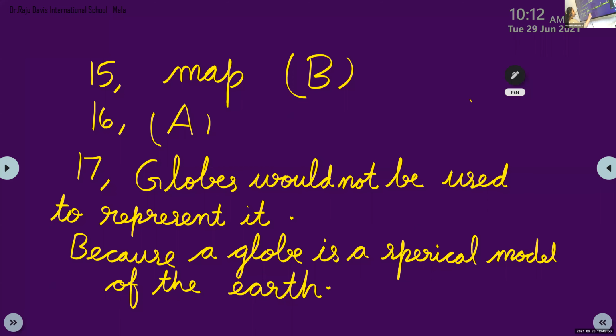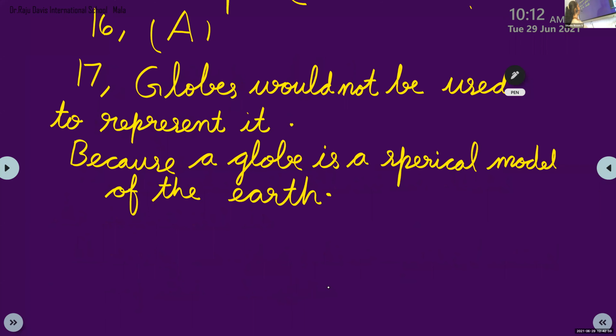Any difficulty to understand the answer? Children, the first term exam will be there. You have to learn by heart all the sentences, the question answers. So if there is any confusion, you can ask me on time in the class. So the question is, if the earth was flat, just imagine our earth was flat, which representation of earth would not be used? We know that we represent the earth in two different ways, that is globe and map. So which one is not used? Which representation of earth would not be used?